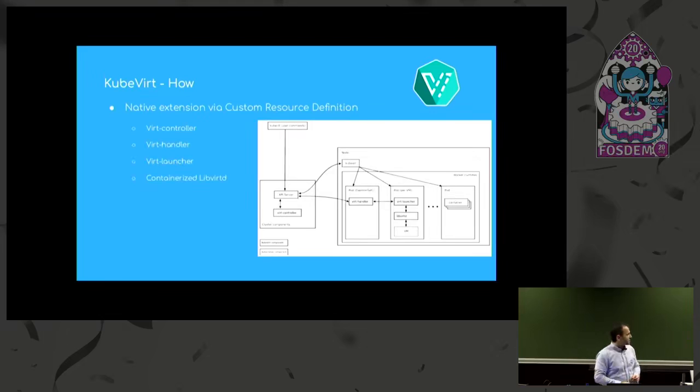There are other controllers involved. One of them observes the database for virtual machines and provides the translation between the Kubernetes-like description of the virtual machine, based on the virtual machine resource kind, to the language of libvirt, meaning domain XML,